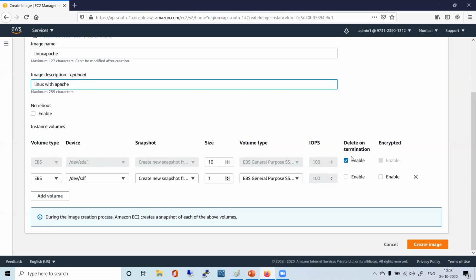By default, whatever option delete on termination is there, what you want to set as default, right? This can anyway be changed while launching the instance. It can be changed, but if you want to enable this option, like you want it by default to be tick marked, then in that case, what will happen? You have to choose this option, right?